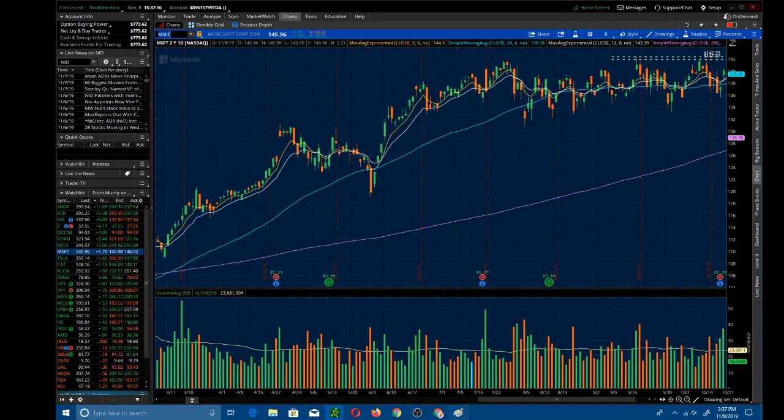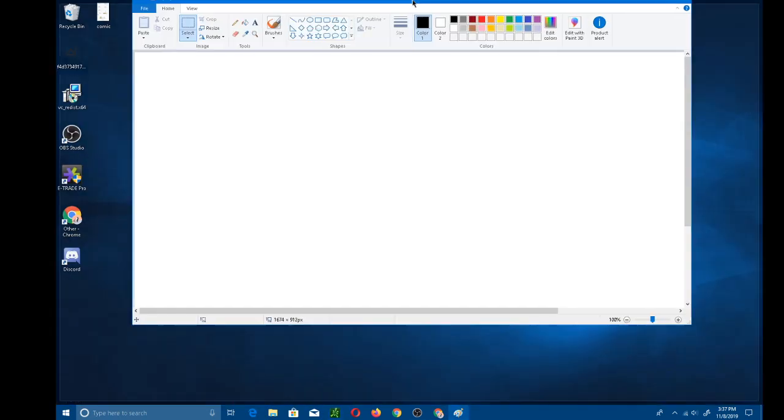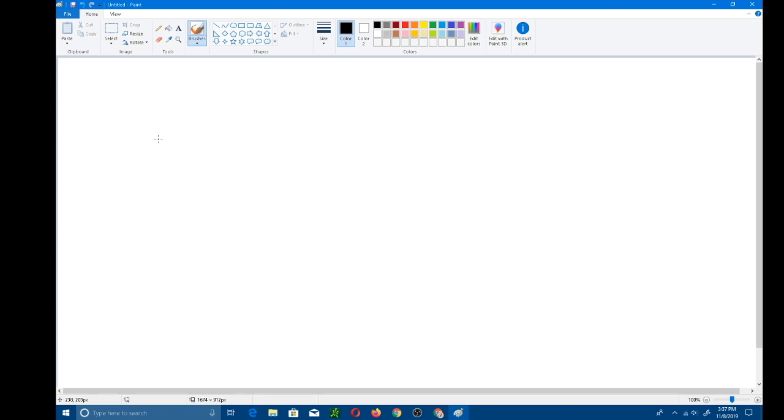Actually, let me start doing a little bit of calculations, because why not, right? It's fun. Let me move this here, move that there. All right, great. Okay, cool. So let's talk about float. Let's talk about the value of certain stocks under what circumstances, things of that nature. So where is my mouse? There it is. Okay. So maybe quickly we'll just talk about what a market cap is.